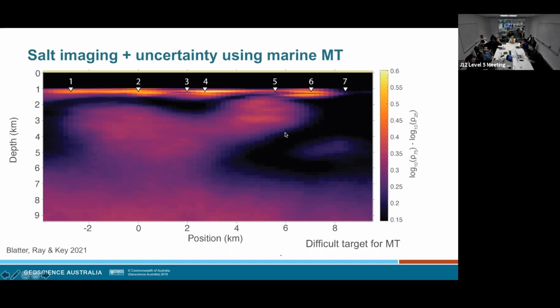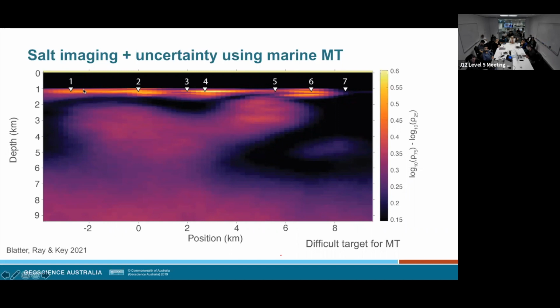And so for those of you who are familiar with hydrocarbon exploration, very often structures like this will hide hydrocarbons underneath. So this is why various people are interested in this kind of uncertainty estimation of where the salt lies. And you can see that close to the surface, we cut out some of the high frequencies, which is what is responsive to the near surface.